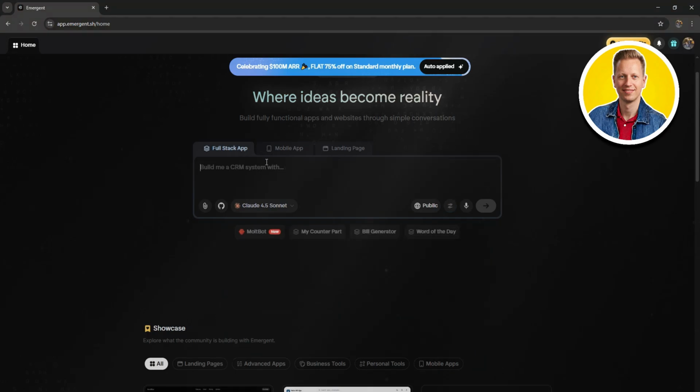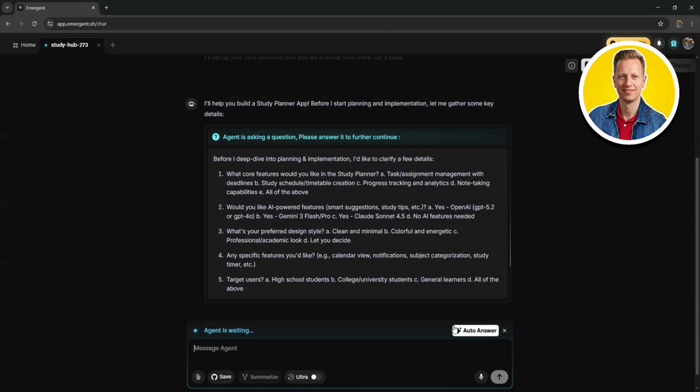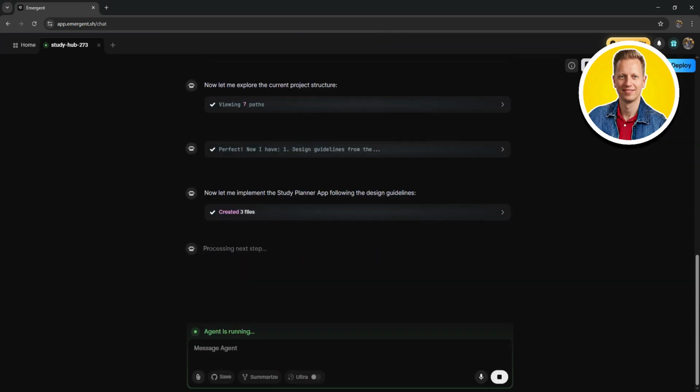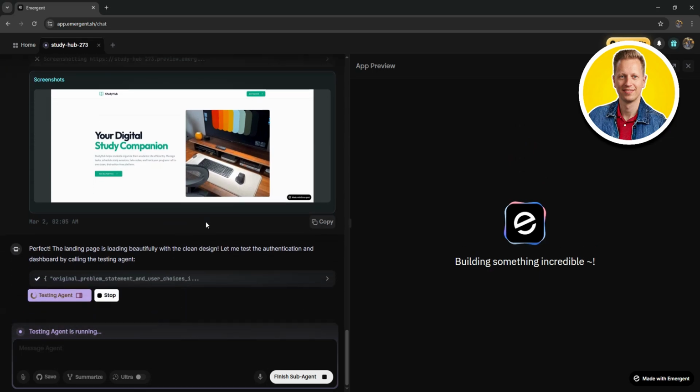Once done, you can put in your prompt right over here just like this. Then just click the Run button and it will start processing your request. And as you can see, we're now brought to the chat interface. This is where you'll get to see all the updates about your project. And once it's ready, you'll be able to view your finished app on the right side on the preview section.